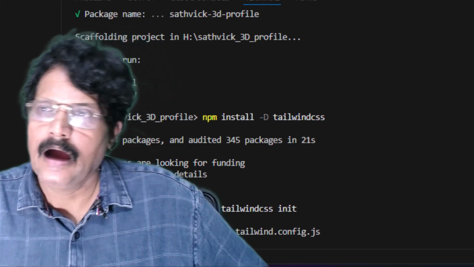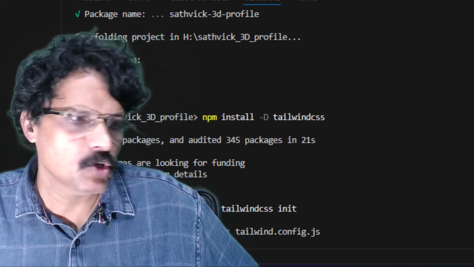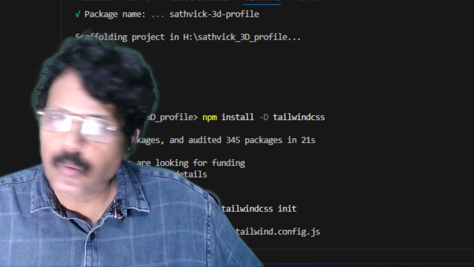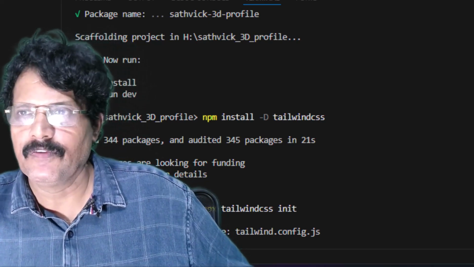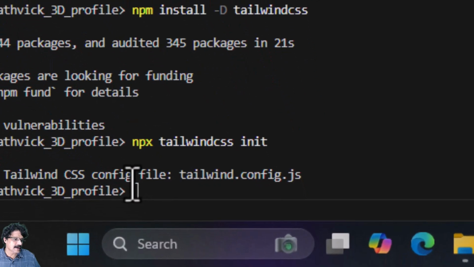Like this, I have to install some another 8 to 10 packages. So instead of typing this one by one, in one command I can call all the packages. For that, what I am now going to do is I am going to come over here and call this command npm install, and after install, the very first thing I want to call is